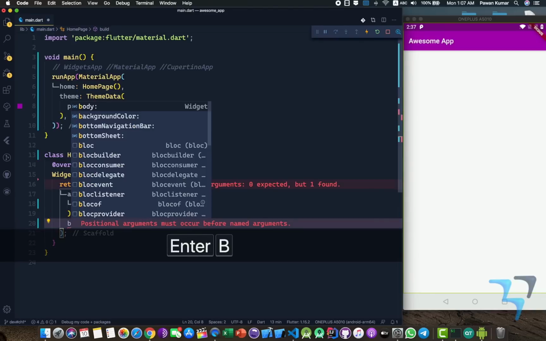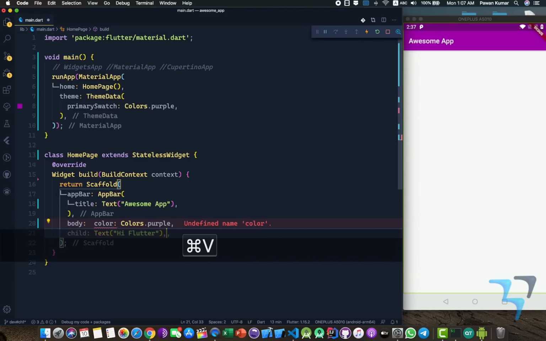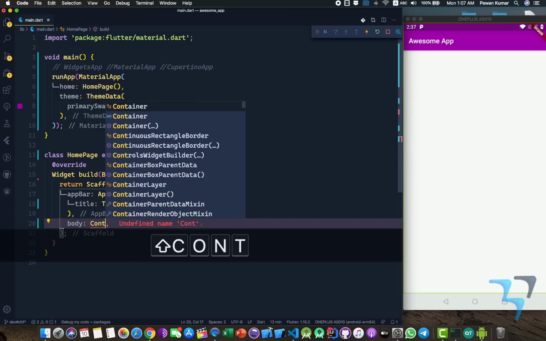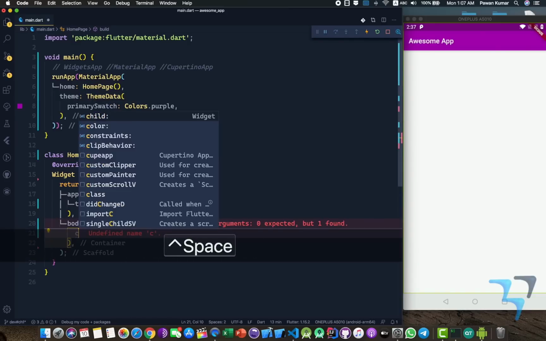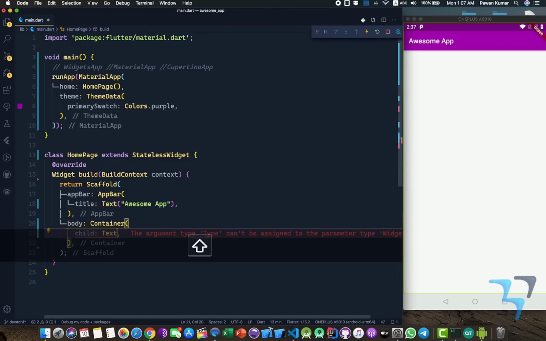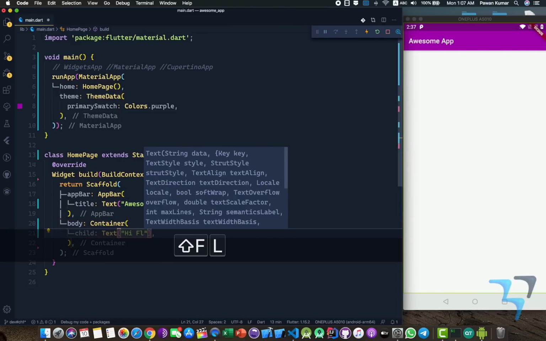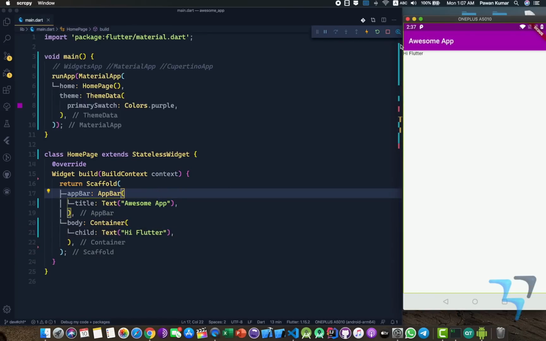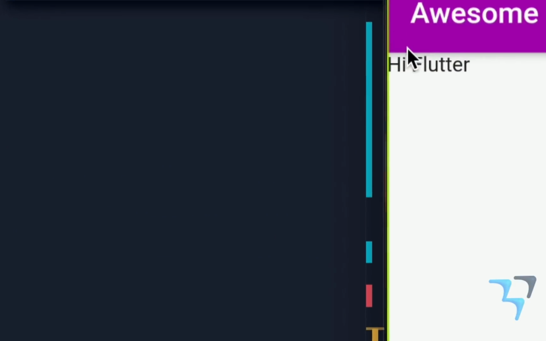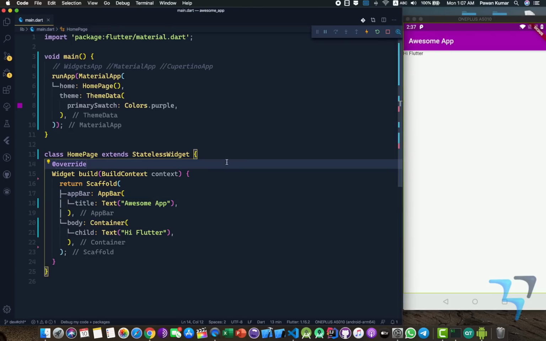And now in the body part of it, we can use the same container which we were using earlier. So container, and in the child we can say text, and inside the text we can say hi Flutter. As soon as I say it, you can see hi Flutter here, and this is looking great, right? So in the next video we will talk about more widgets, what the differences between them are, how to use these widgets, and where to use which widget. So see you in the